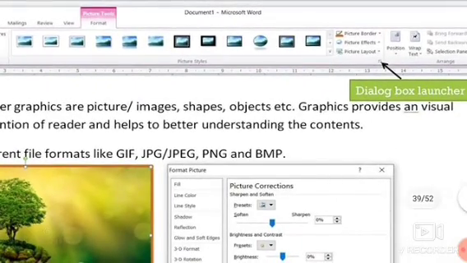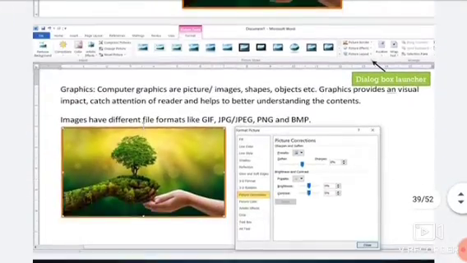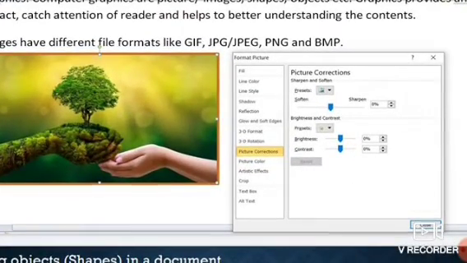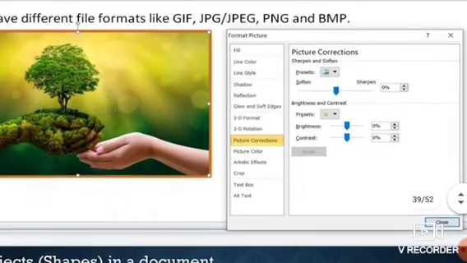Click on this dialog box launcher and you will get a dialog box, Format Picture. In this Format Picture, you can change the color of the picture, the brightness, the contrast, or apply shadow effects, line color, line style, which we have already done in the images.